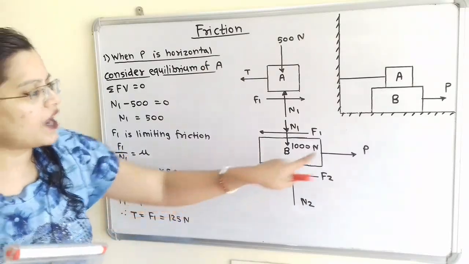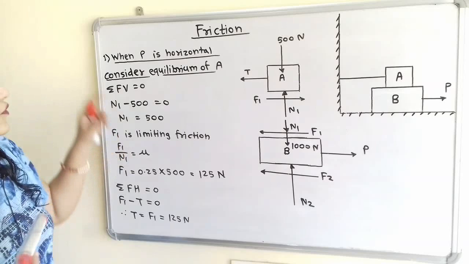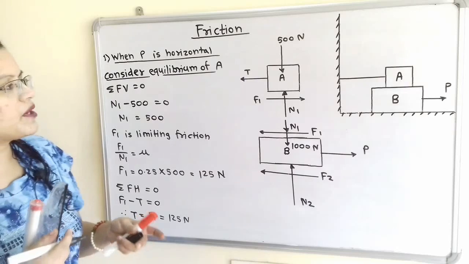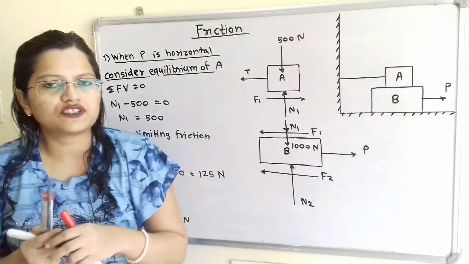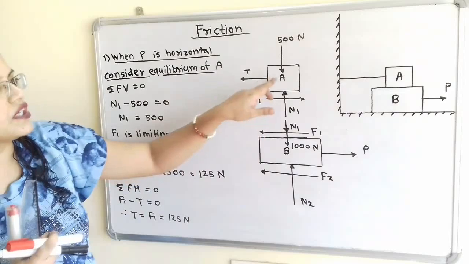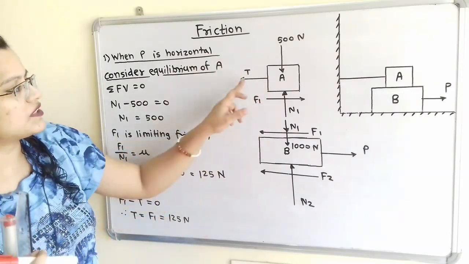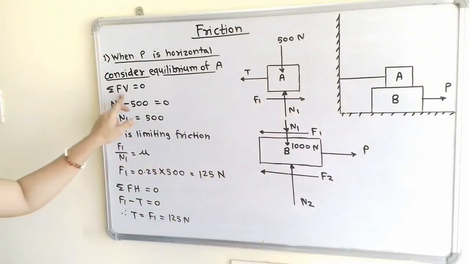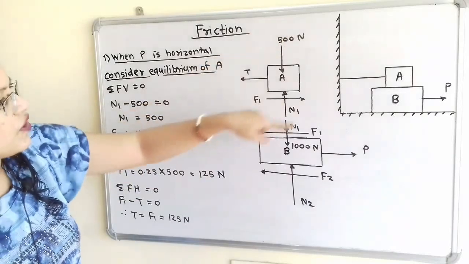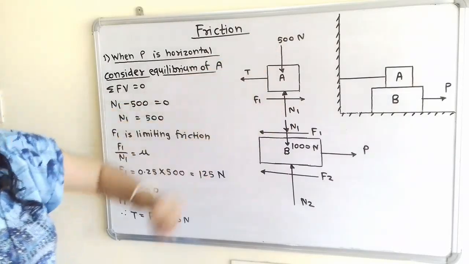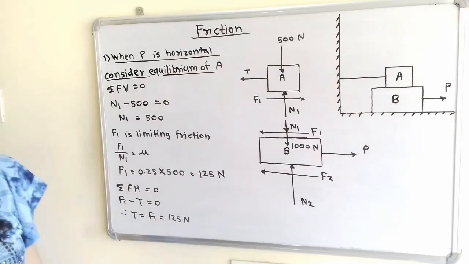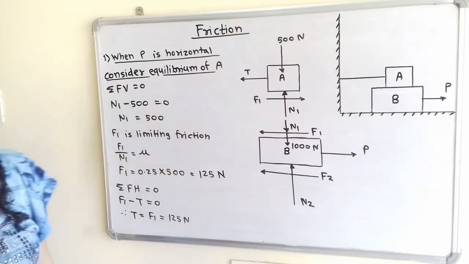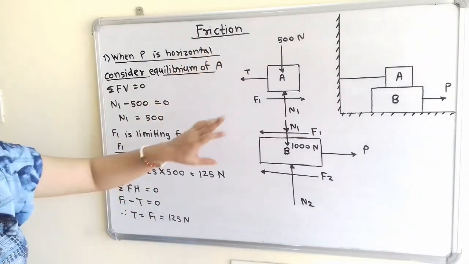Now we have to find out this applied force P. So we will first consider the equilibrium of block A. Now for equilibrium of block A, we have two conditions: summation of forces in vertical direction is equal to 0 and summation of forces in horizontal direction is also equal to 0. So first we will take summation of Fv is equal to 0. Now if we observe here, there are two vertical forces N1 and 500 and both are in opposite direction. So we can say that N1 minus 500 is equal to 0, or from diagram we can directly write